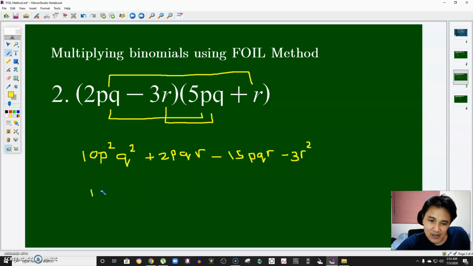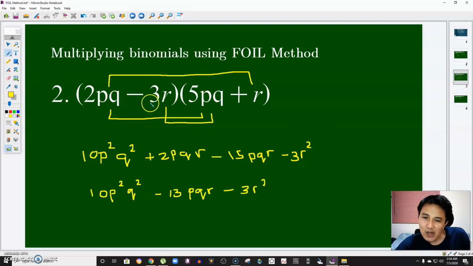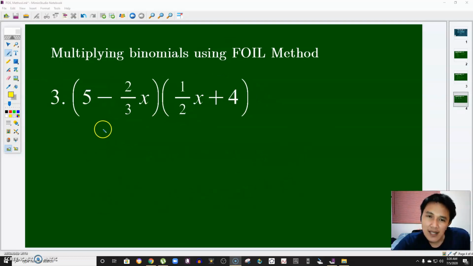Same procedure. Combine like terms. So, I'll just copy the first term, 10p squared q squared. Again, 2 minus 15. So, that's negative 13pqr. Then, since there's no partner for this, I'll just copy that. So, therefore, the product of these two binomials is actually 10p squared q squared minus 13pqr minus 3r squared. Pretty simple, right? Last but not the least, find the product of the quantity 5 minus 2/3 x times